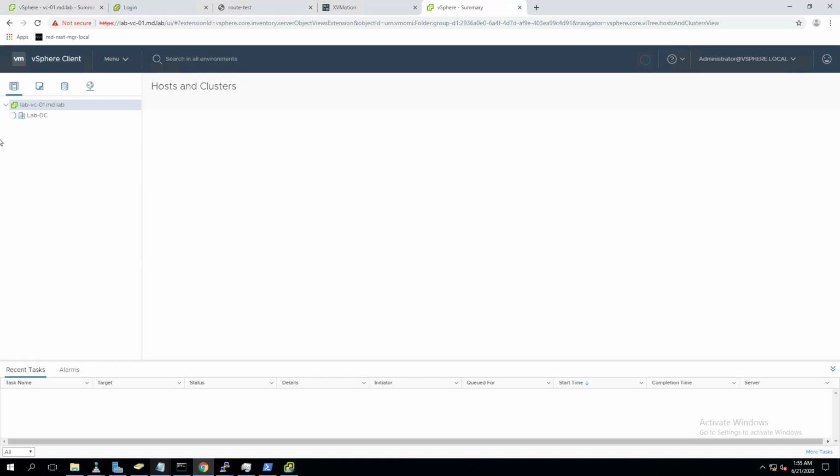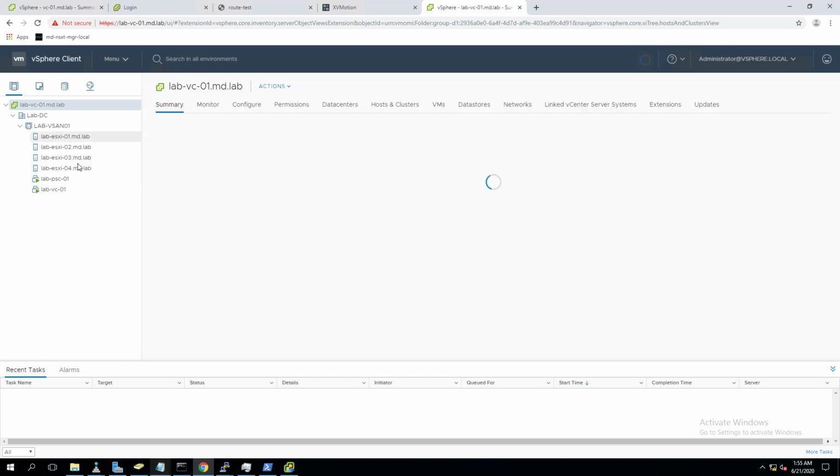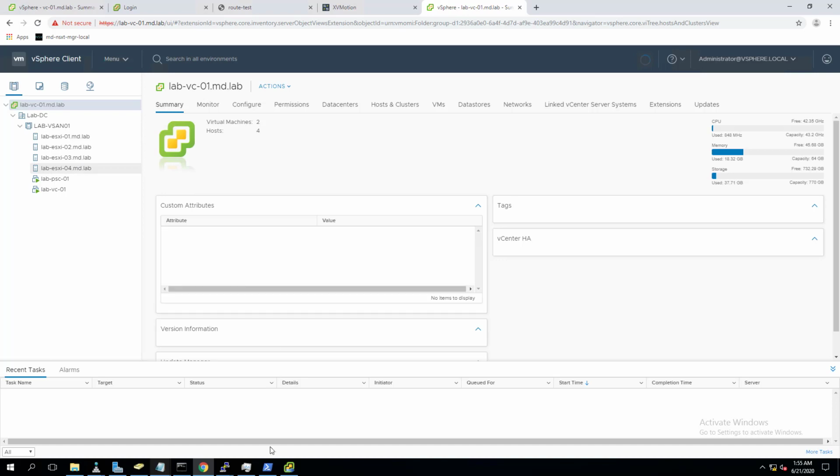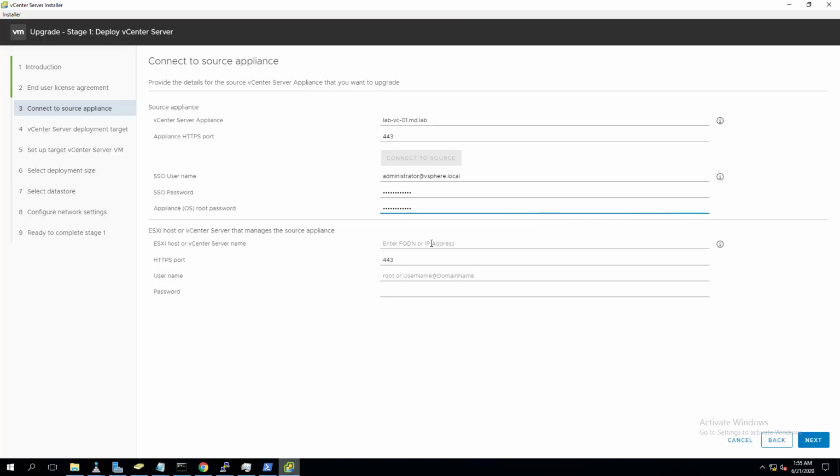I don't want to give the vCenter Server name because I'm going to upgrade the same vCenter Server. So I'm specifying the ESXi host name here, lab-esxi-04.md.lab, and specifying the root username and password for the ESXi host. Enter the root password for the ESXi host, click on Next.